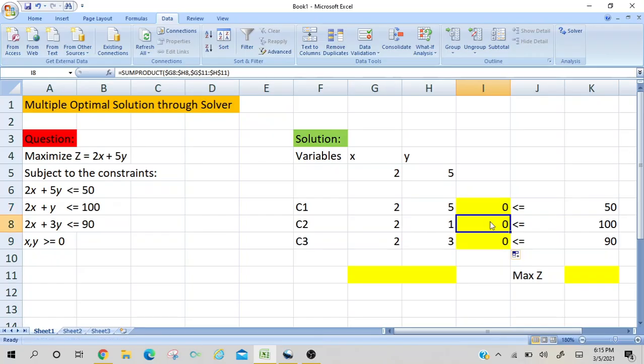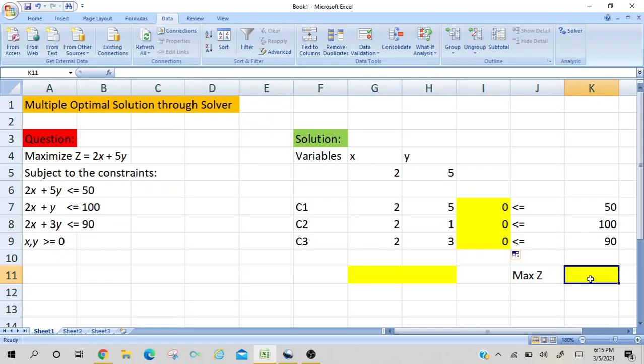Look here in our formula bar, as we click on cell I8, the row has changed and the columns are the same, G and H. So in Array 1 we have G8 and H8 with G and H frozen, and Array 2 is copied as it is. We will check I9 too. As you can see, the row gets changed and Array 2 is the same.